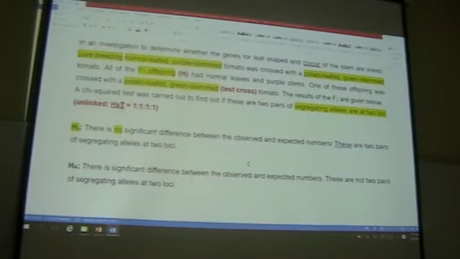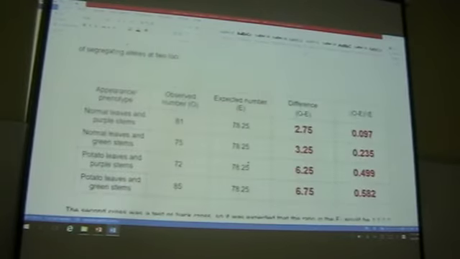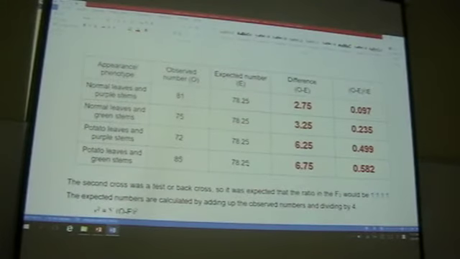Okay, so you write your H0 and HA. After that, check your answer. I think I don't need to go through the maths with you. You can press the calculator. So this is your answer. Can you please mark or write down?